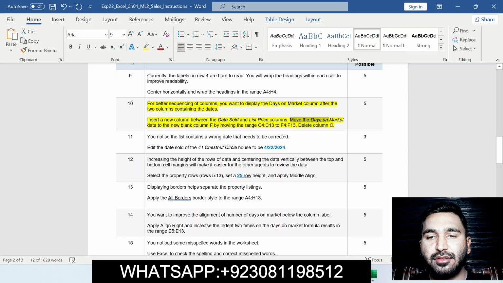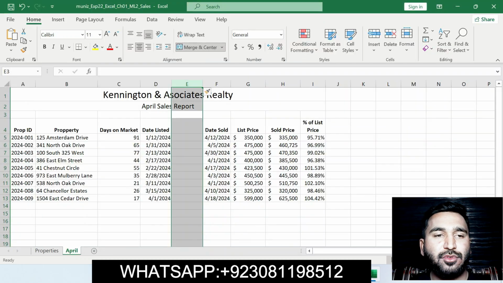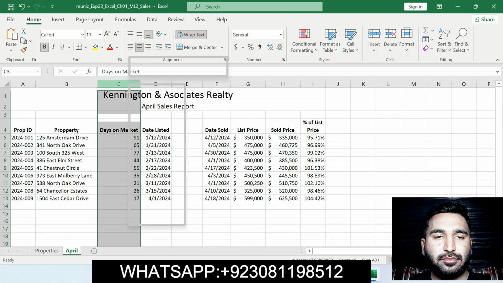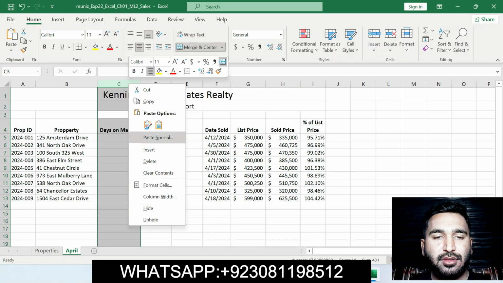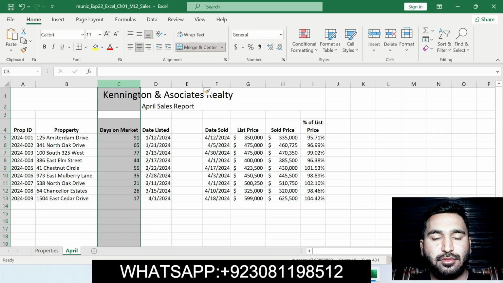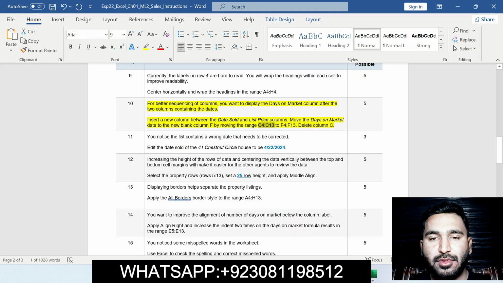Move the days on market data to the new blank column F, moving the range C4 to C13 to F4 to F13. Moving on to the Excel workbook, enter this range. Right click on this and cut.